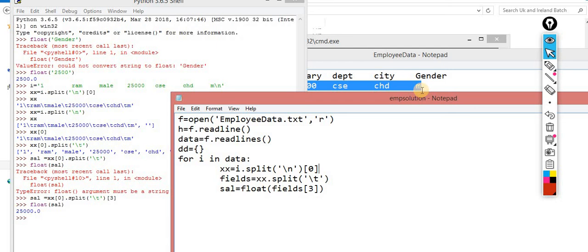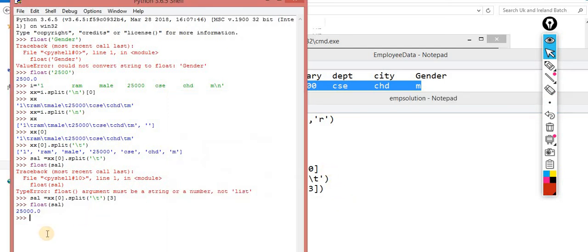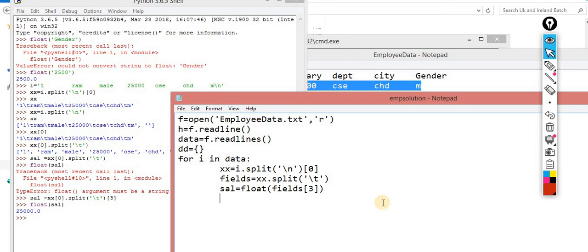Anything else that you want to ask from my side? Okay, now what is the role of this DD? This is a dictionary. DD dot get, get is a method.